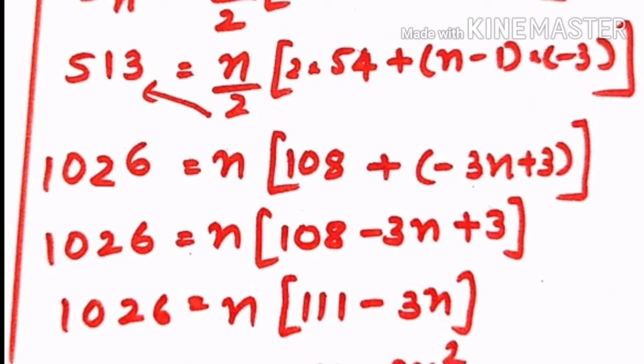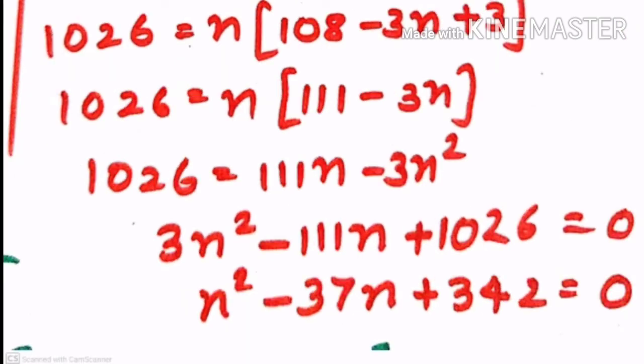Now 108 minus 3n plus 3 in the bracket, we solve it as 108 plus 3 becomes 111 minus 3n. So that is the bracket we found, and we multiply that bracket with n. So we get 111n minus 3n square. Now taking that right hand side to the left hand side, we will get 3n square minus 111n plus 1026